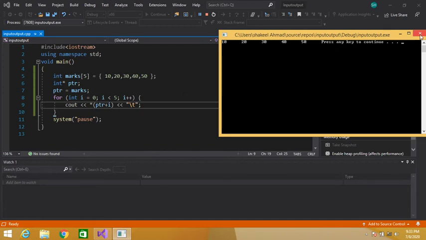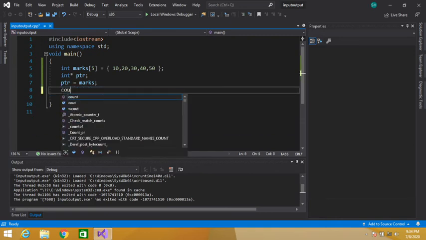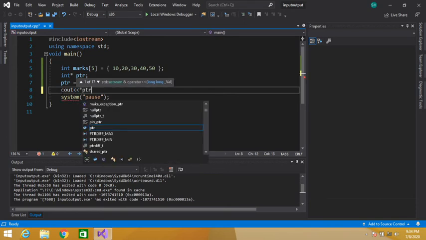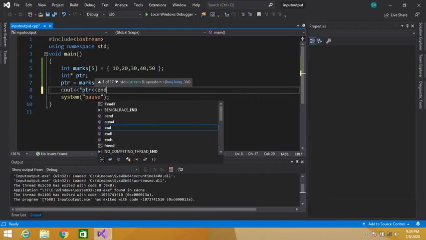We can also display the values without using a loop like this. cout, dereference operator and then ptr, end of line.